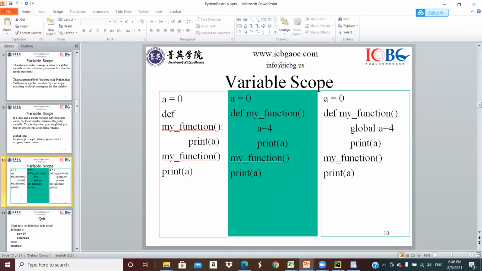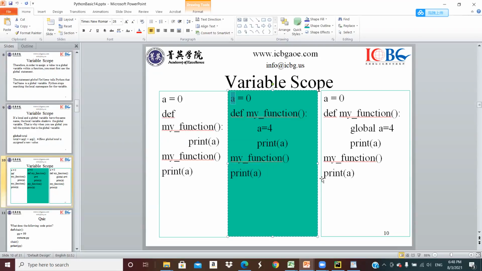Because you did not define the variable a, it will have the global variable's value. So here, printing out a, you also have the global variable value. But now I have a global variable called a, and then in the function I have a. So here you print out a as 4, but this you still print out a as 0 because the global variable is